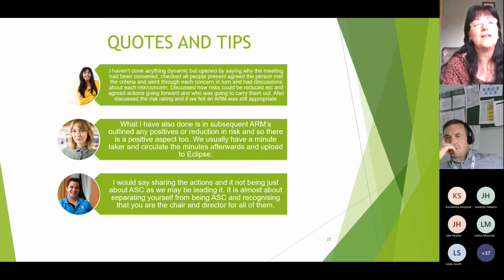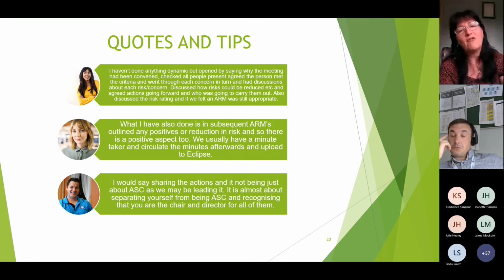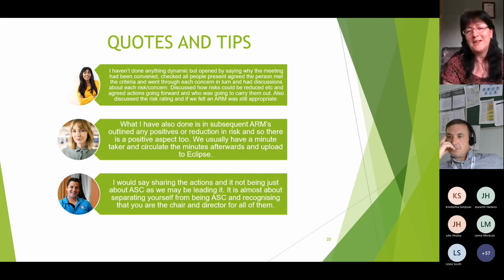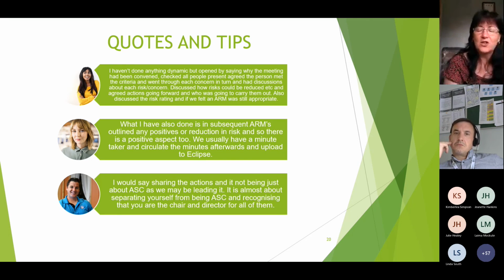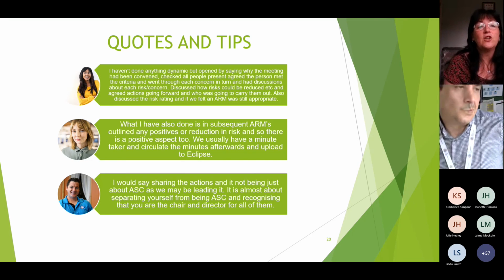Also discussed the risk rating and if we felt an ARM was still appropriate. So that's everything that I said in my slide, but somebody did identify that in an email to me. That is how they did it, and that's just the tip that they gave me. Somebody said, what I've also done in subsequent ARMs is outlined any positives or reduction in risk,